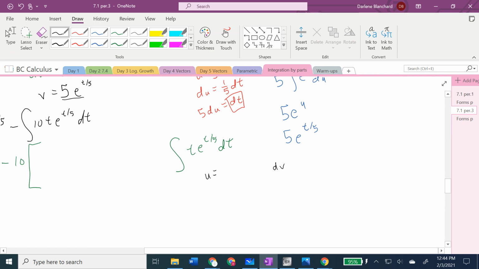I need a u, I need a dv. U is the polynomial, dv is the exponential. The derivative of t is 1, so du equals dt. When I integrate, I get an extra times 5. And we just took a look at that. So this integral is equal to u times v minus the integral of v du